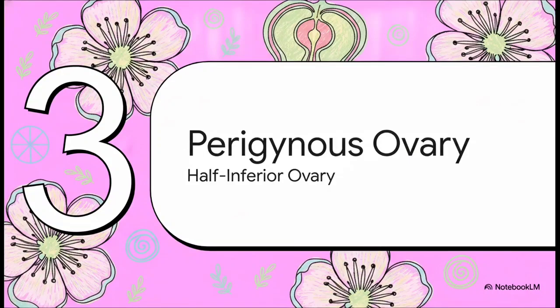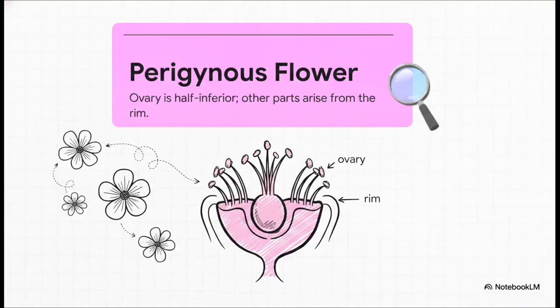Next up, Section 3. Perigynous, the half-inferior ovary. So a perigynous flower is kind of the structural compromise of the plant world. The source defines this as a half-inferior ovary. It doesn't sit way up at the very top, but, well, it's not buried at the bottom either. Instead, it's sitting just partially down inside the structure, while the other floral parts sort of sprout right from the